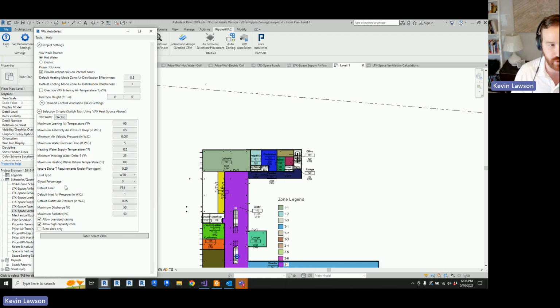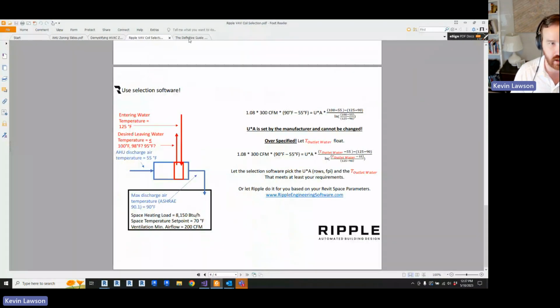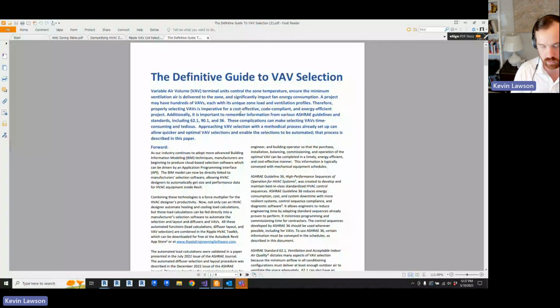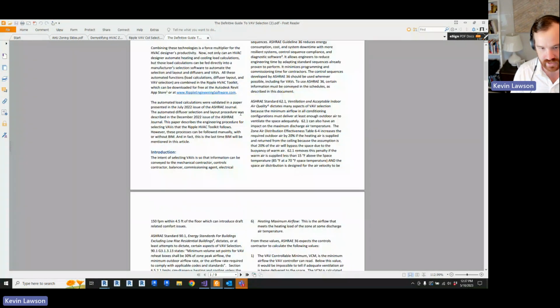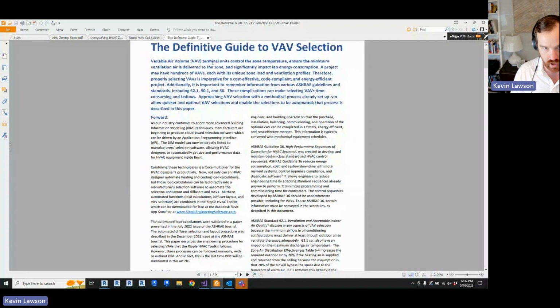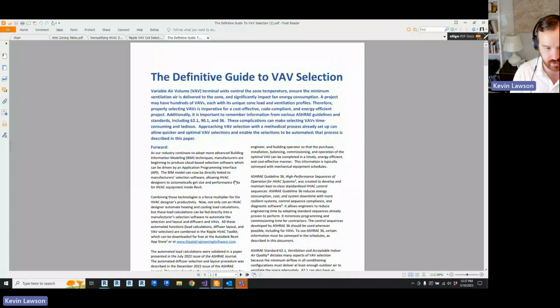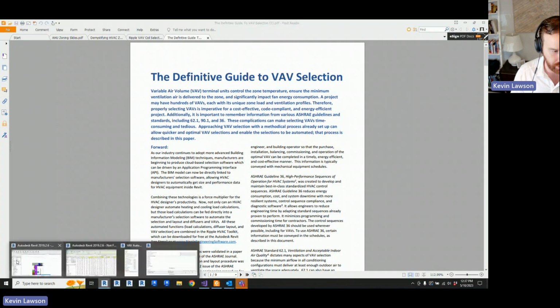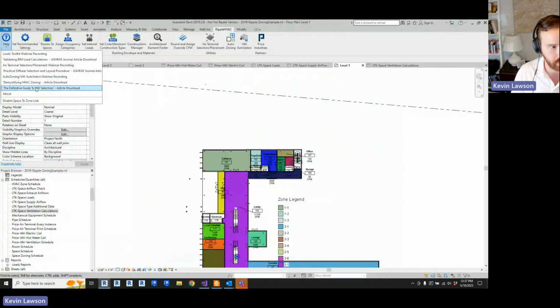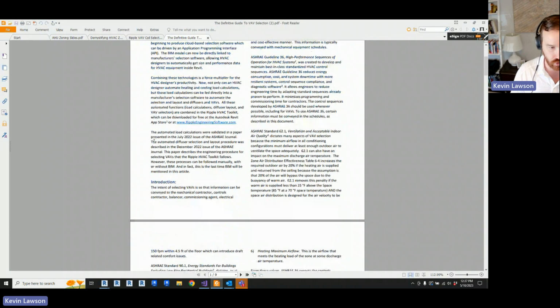So if you're familiar with VAV selection, this should look pretty familiar to you. The tooltips help give you a prompt as to what it is. And if you really want to dig into the details about how all of these are set and what is calculated, there's the definitive guide to VAV selection. This is going to be published in June, and I can send you guys a link to it. You can also download it. Help definitive guide to VAV selection article download, and it's going to tell you,